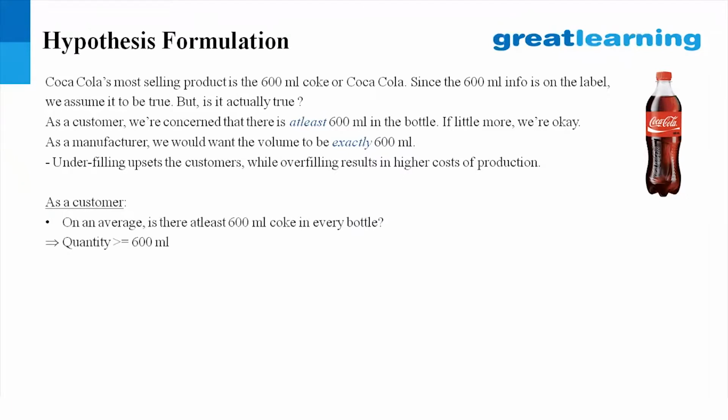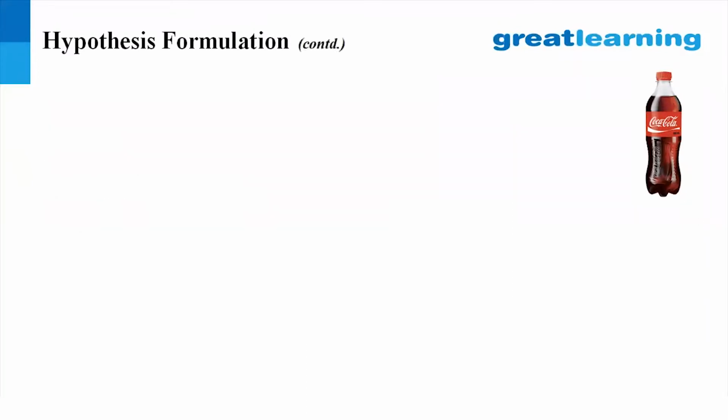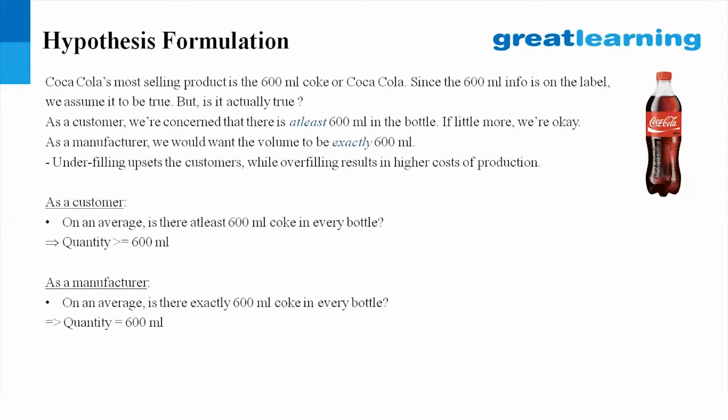Now, in mathematical terms, as a customer, you'll want the quantity to be greater than or equal to 600 ml, whereas from a manufacturer's perspective, you want the quantity to be exactly 600 ml. Okay, this is the case study I'm going to carry forward through the session today by taking different examples